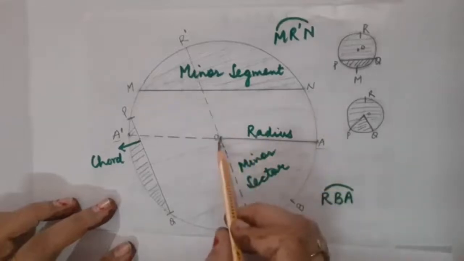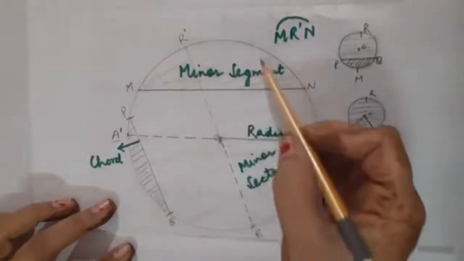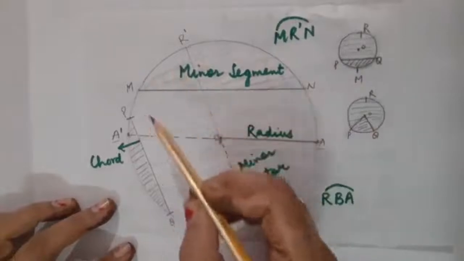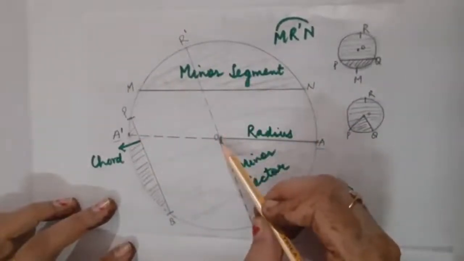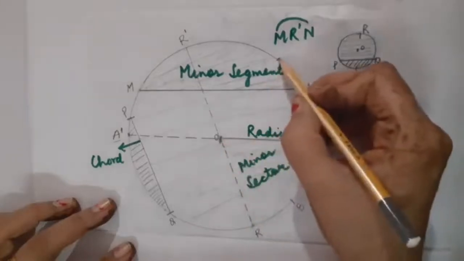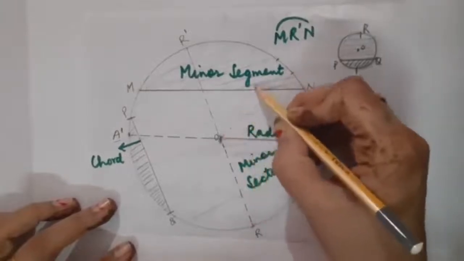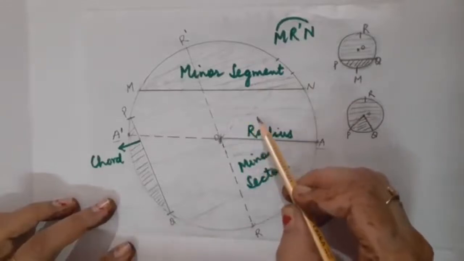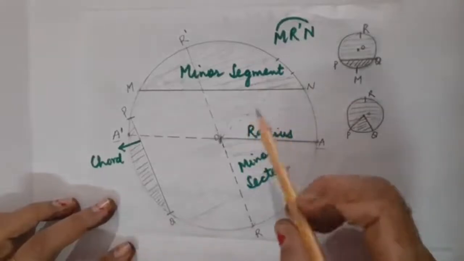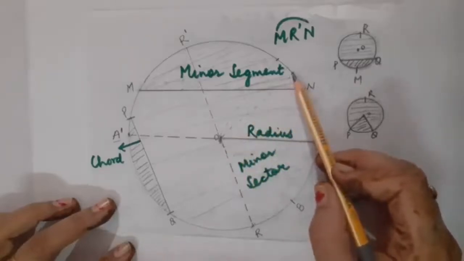Correct? This fixed point O is known as the center of the circle, and if I am going to take here millions of points, then the collection of all those points in this plane figure is going to form a circle. But make sure whatever points, children, you are going to take over here, the distance of those very points from the center point must be fixed. It is fixed, it is equal. And this distance is known as the radius of the circle.